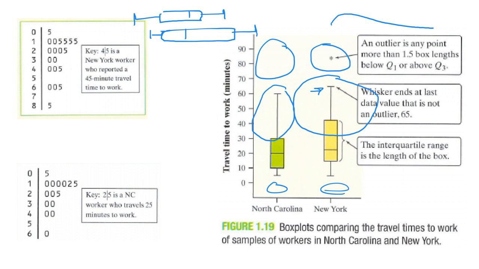New York has a higher variable range. It has a larger IQR, okay? And I can notice that just by looking at the size of the box, right? So I have a little bit more variability there with a larger IQR. And the fact that New York has an outlier while North Carolina does not. So now I can start to use these numbers to be able to draw some comparisons between these different data